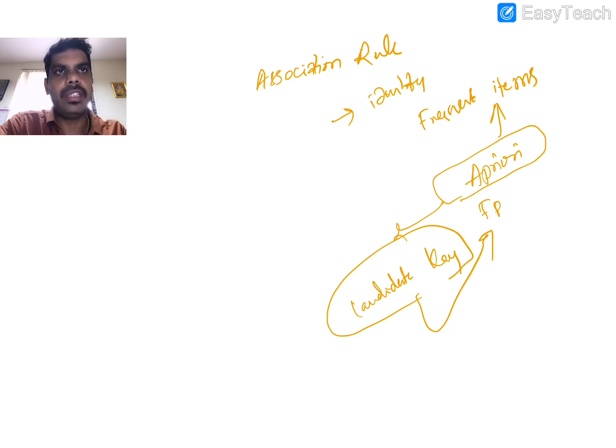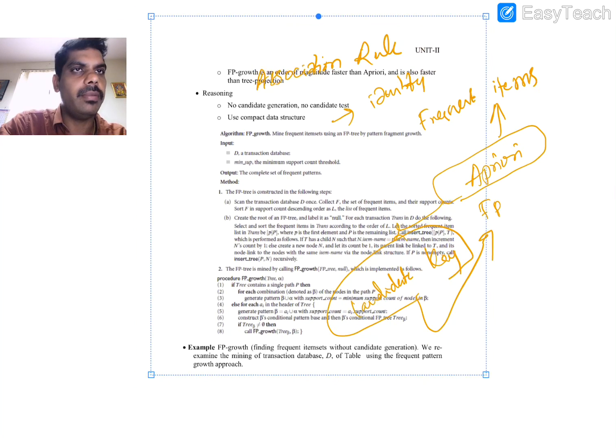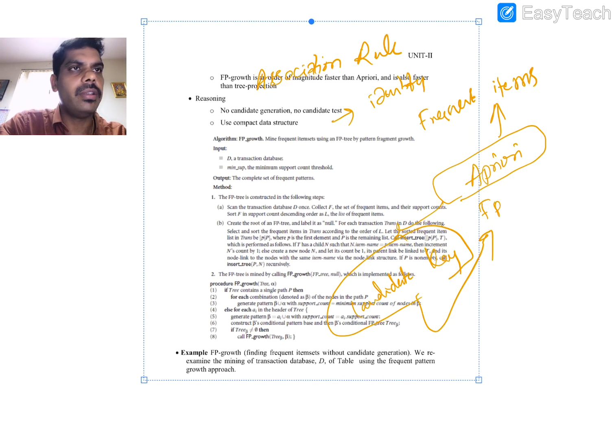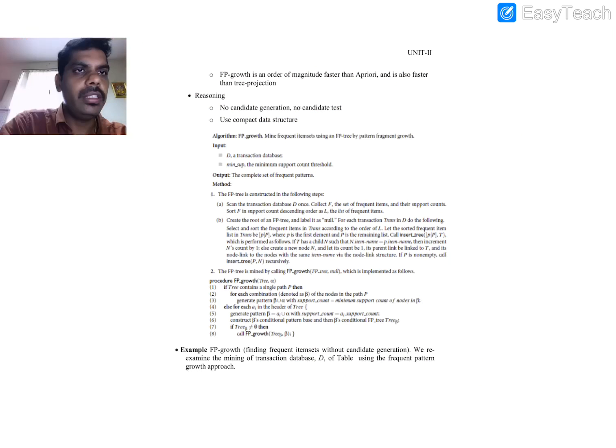start sorry, just a moment. See this. So this is the FP growth algorithm, right? So here see this is the FP growth algorithm, and here what we are going to discuss,